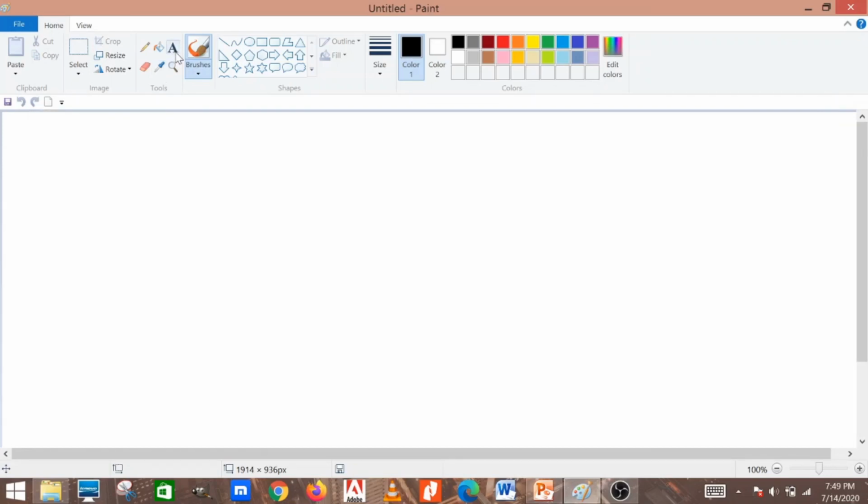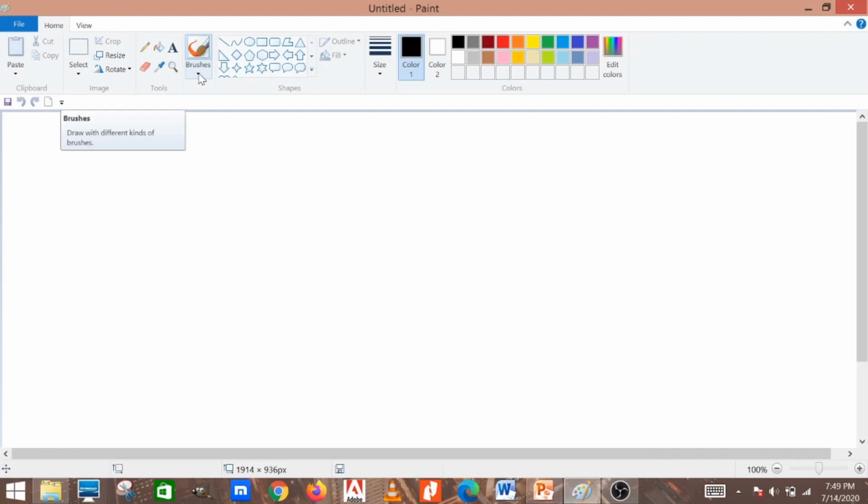Now here it is written in capital A. It is your text tool. You can insert any text into your picture through this tool. This is your magnifier tool. Change the magnification for a part of the picture. So it is used to magnify the portion that is selected, and you can see it in a bigger way.